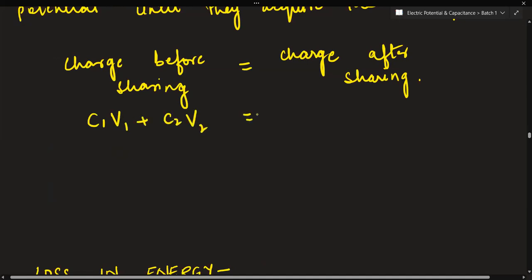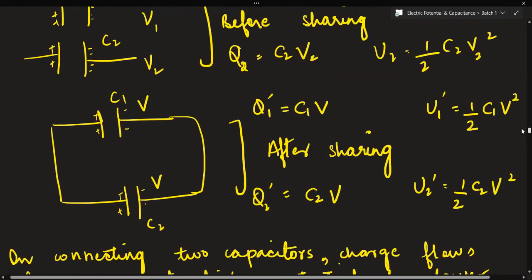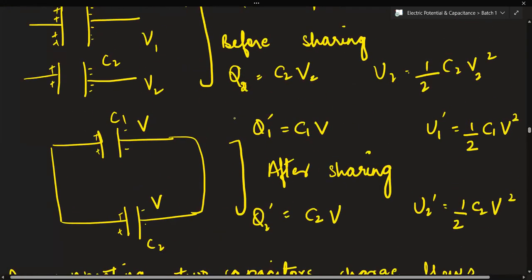And what are the charges after sharing? Charges after sharing, Madhya, you had answered that time: C1 plus C2 multiplied by capital V. See, charges after sharing, we have already calculated it. This is the charge that is after being shared, and this is also the charge. So the sum of the charges will be equal to